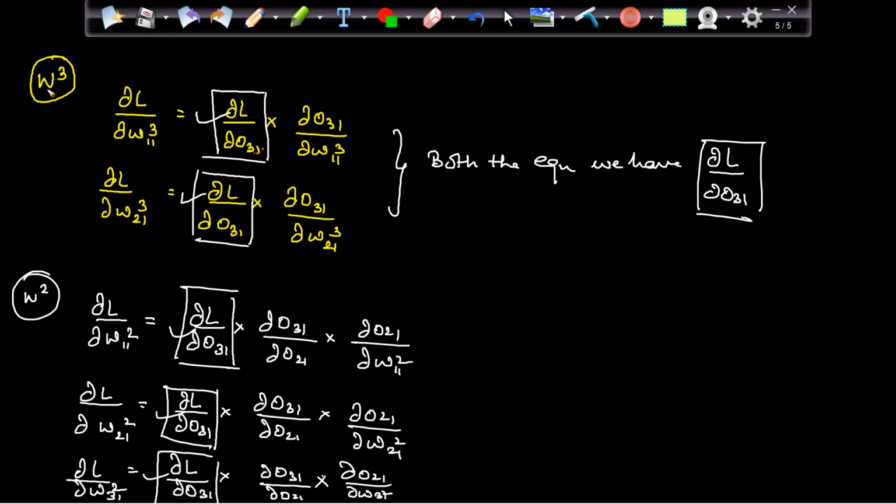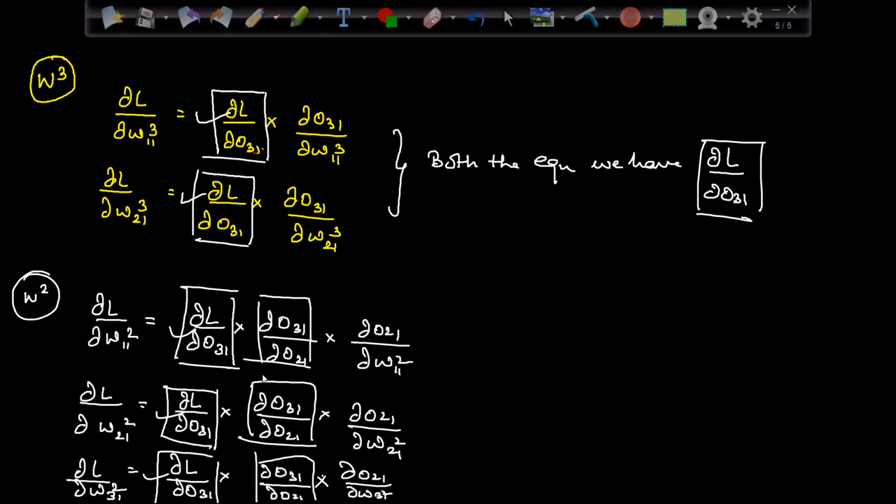When we are updating the weights for the W3 layer and the W2 layer, I'm using this multiple times. Already I used it 5 times. So instead of calculating this multiple times, the idea is that I want to store it. I will calculate this once, I'll store it. That's it. And I will reuse it. That is the whole concept. If you see here, this value I'm also storing, right? This value also I can store because again I'm using it multiple times.